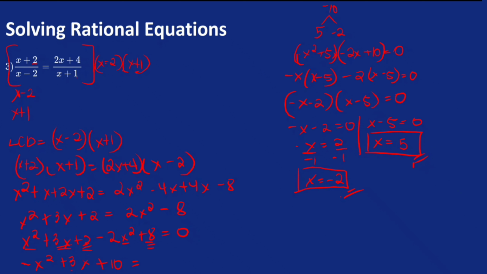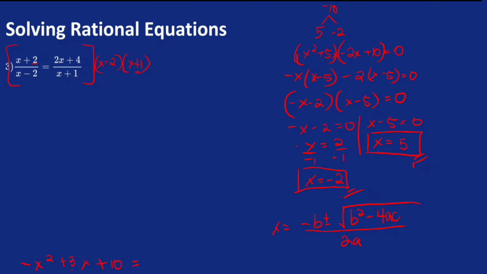So if you want to use the quadratic formula, we'll just use the formula x is equal to negative b plus or minus the square root of b squared minus 4ac all over 2a. To solve using the quadratic formula, just substitute the values. So we'll have x is equal to